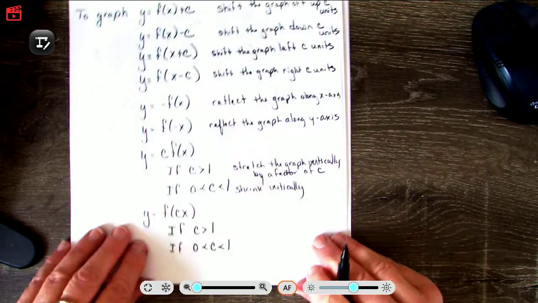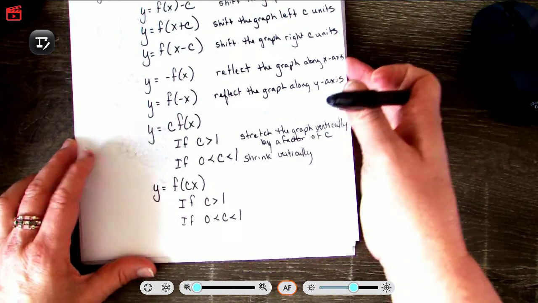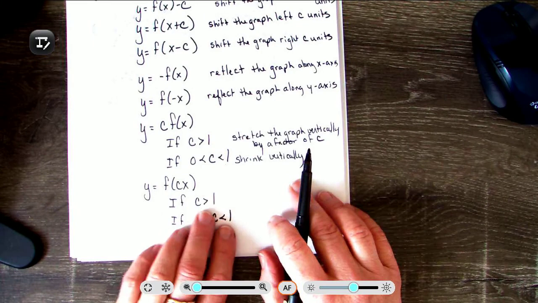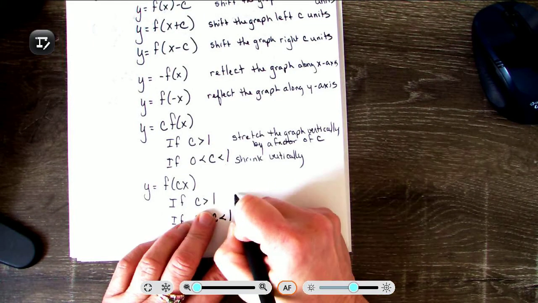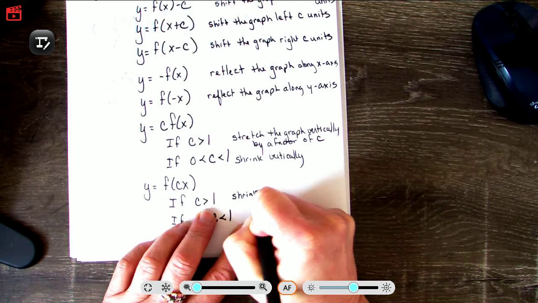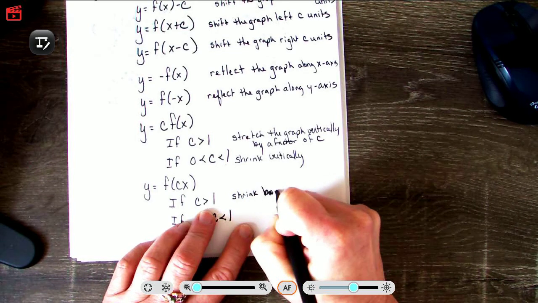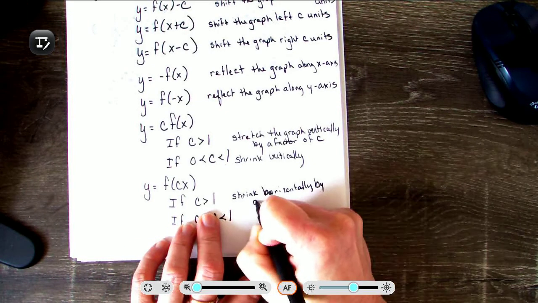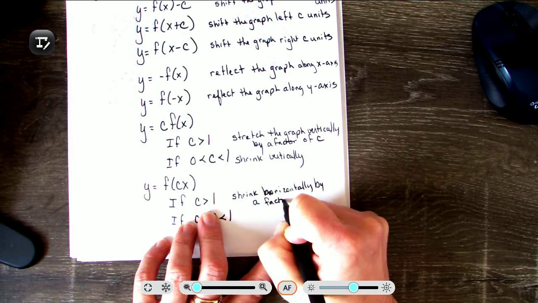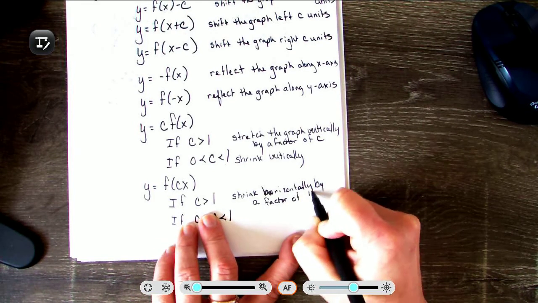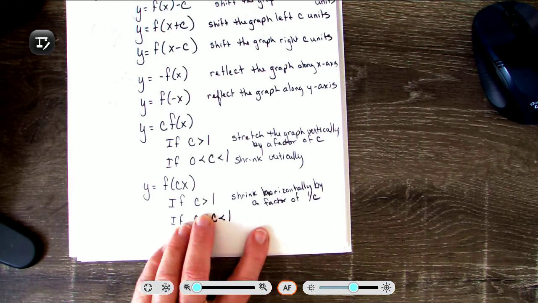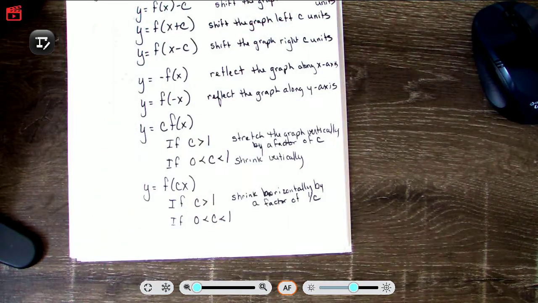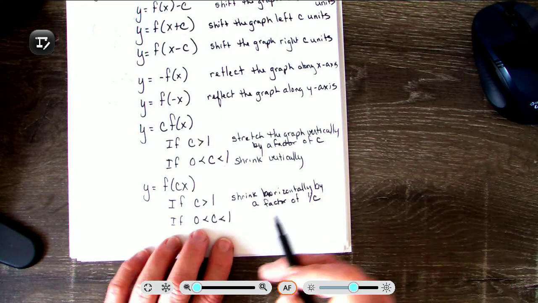When we are inside our function, it works again inside, we're kind of working backwards. So if c is bigger than 1, we actually shrink horizontally by a factor of 1 over c. If c is like the number 2, we're going to be shrinking it in half. Everything's going to come in halfway. If it's between 0 and 1, we're going to